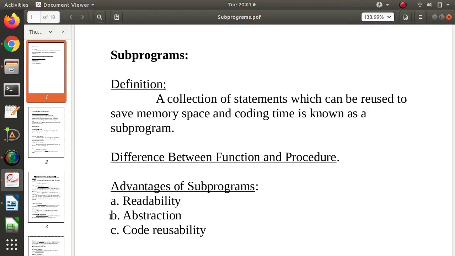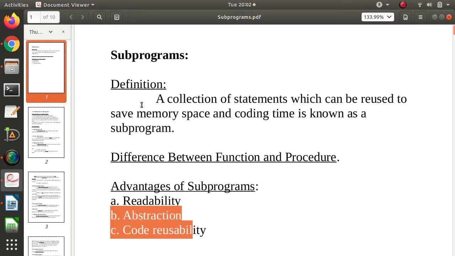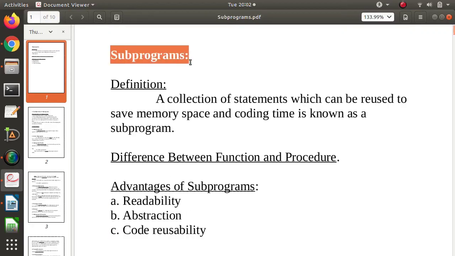He will call it and get the output. For any function or any subprogram, the main logic of that subprogram, function or procedure is hidden from the user. The programmer will take care of that, but the user does not have to bother about it. And this is the abstraction provided by using subprograms.